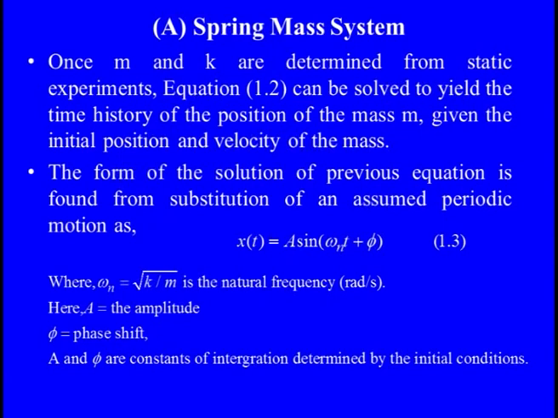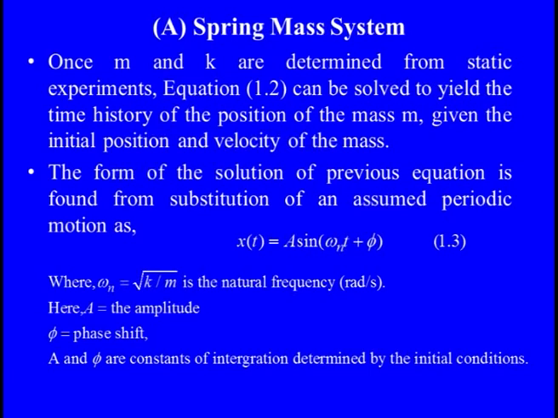If we have the initial position and initial velocity of the mass, we can directly give x0 and v0 as the input. The form of the solution of the previous equation is found by substituting all these parameters, as we are assuming that the motion of the mass constrained by the spring is periodic motion. So you can see that x of t, my displacement outcome, is nothing but